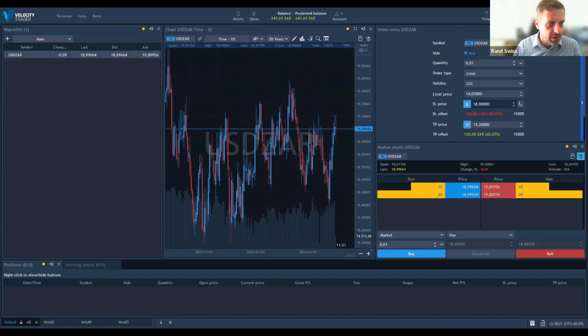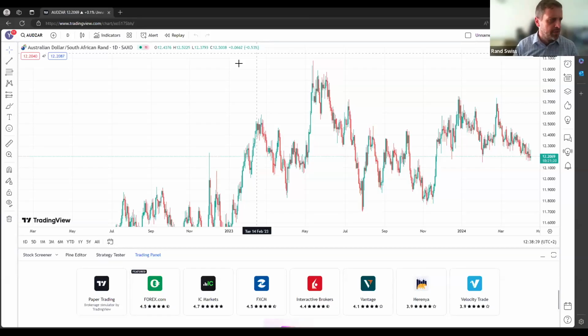So let's just quickly have a look at TradingView. So let's say you don't want to use this platform. You use TradingView. You like TradingView. You're used to TradingView. You want to use TradingView. No problem. You just go to TradingView. And then